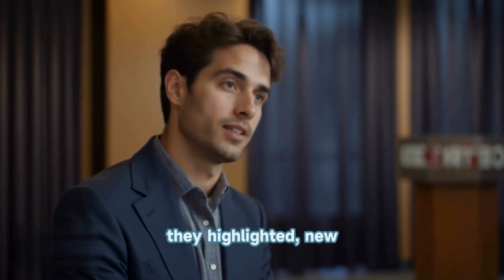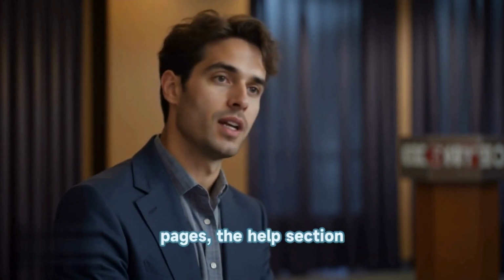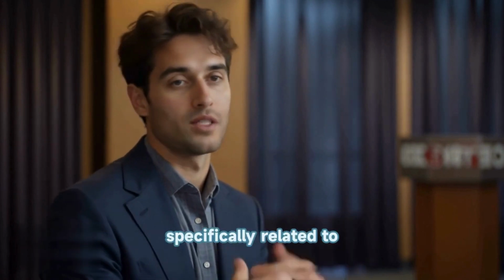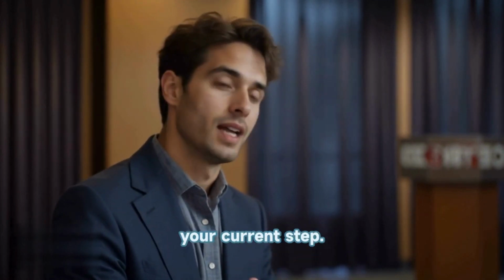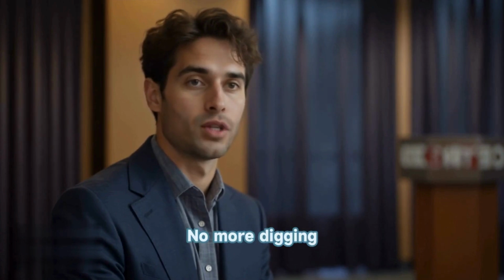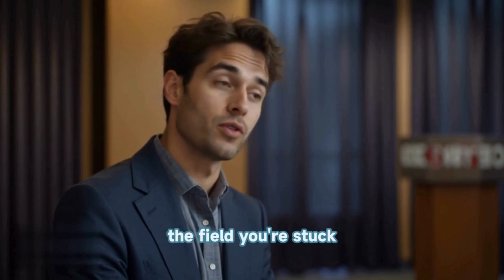Okay, another key change they highlighted. New page-level help. Page-level help. Tell me more. So as you're working through the registration pages, the help section updates automatically. It shows you articles specifically related to your current step. Oh, that's smart. Contextual help. Exactly. No more digging through a giant FAQ, hoping to find the one sentence that applies to the field you're